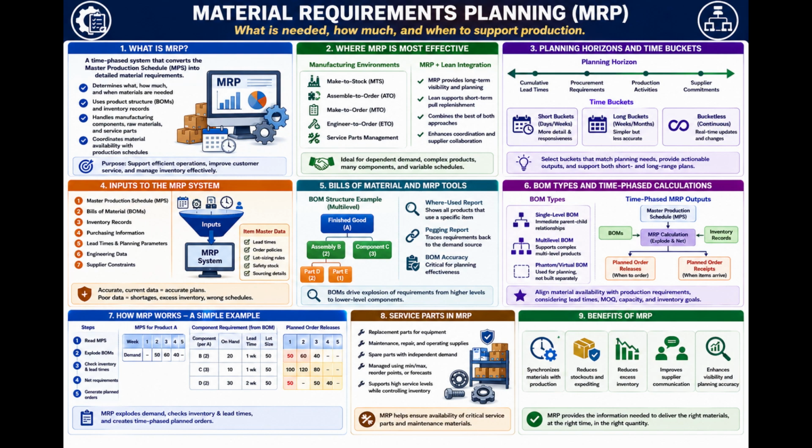Material Requirements Planning (MRP) is a time-phased planning system designed to determine what materials are required, how much is needed, and when those materials must be available to support production schedules. MRP translates the Master Production Schedule (MPS) into detailed component and raw material requirements by using product structure information and inventory records. It is particularly effective in manufacturing environments characterized by dependent demand, complex product structures, numerous components, and variable